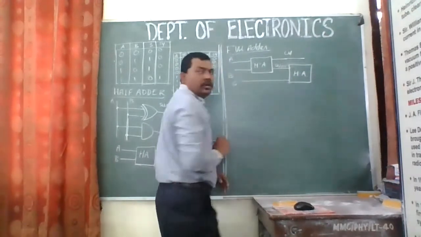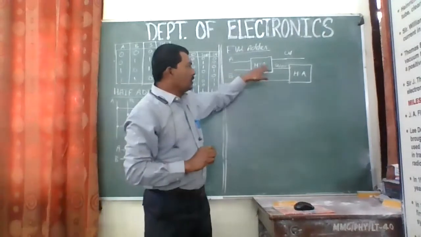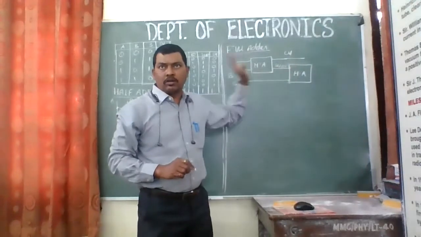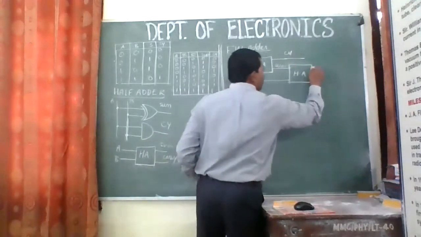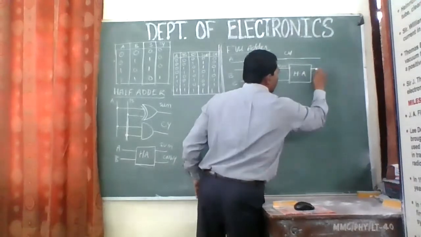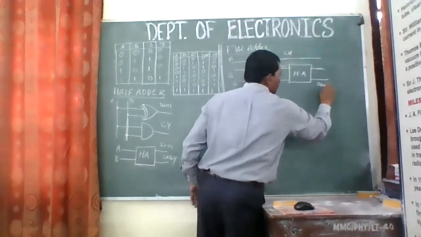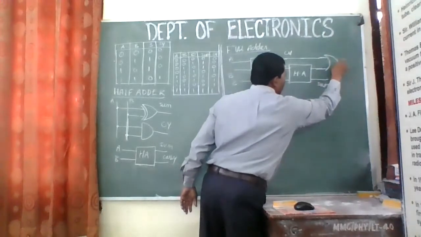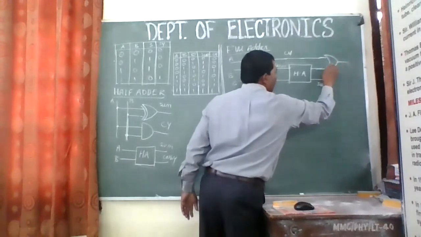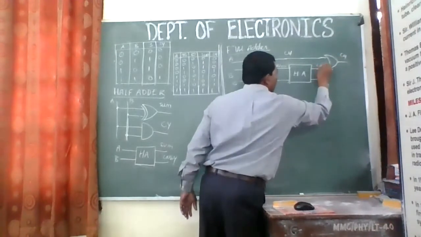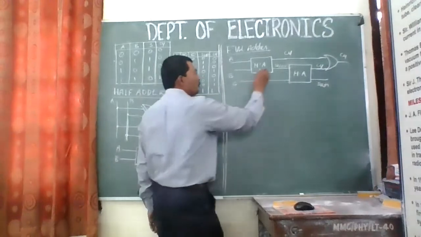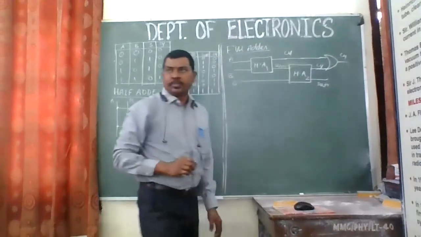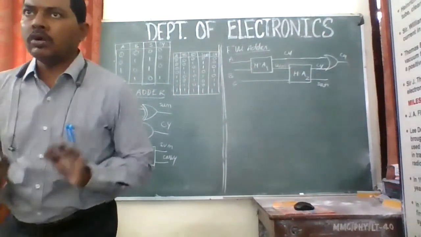So I am using one input simply as the third input, C, whereas the sum of the first half adder, I am taking it as the first input to the other half adder, right? So again, I will be having two outputs. One will be carry and the other one will be sum. So sum will be the sum only. For carry, I am putting an OR gate in front of that, and I am taking it as a carry. So this is a carry of the second half adder. So you are using two circuits. This is half adder one and this is half adder two, and an OR gate.